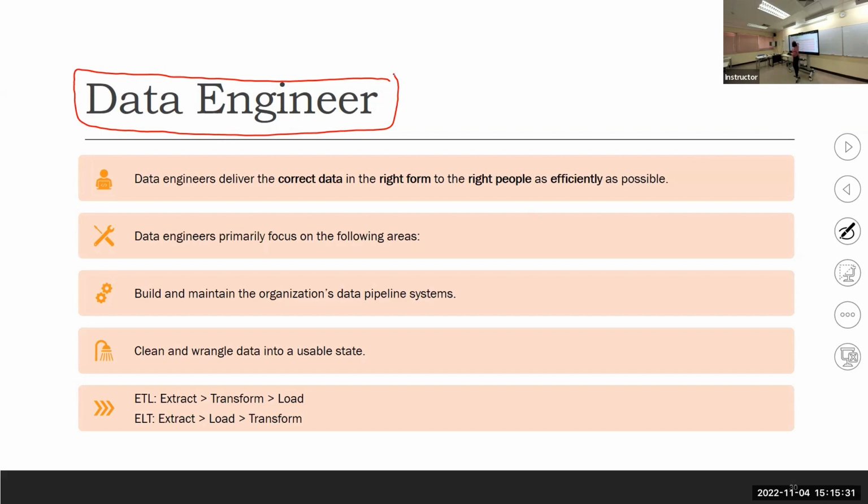Data engineers are responsible for making sure that we have accurate, correct data in the form or technology that users, meaning people, can use as efficiently as possible. So data engineers are those people who prepare and provide, and make sure that the organization has good data infrastructure